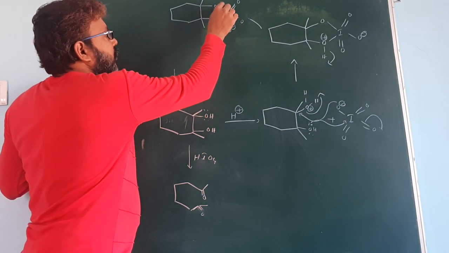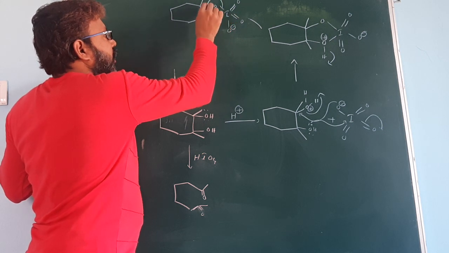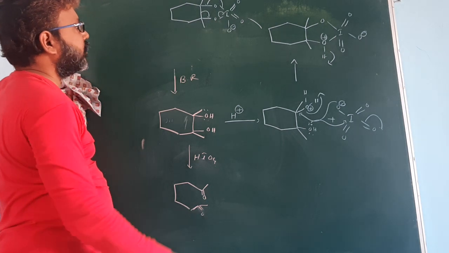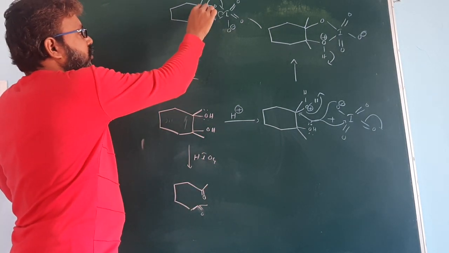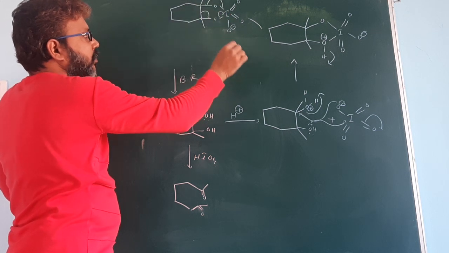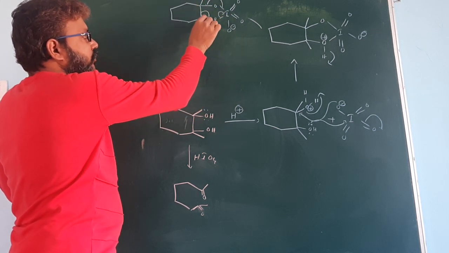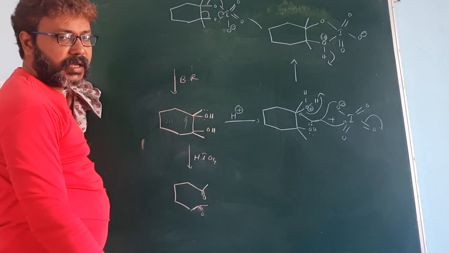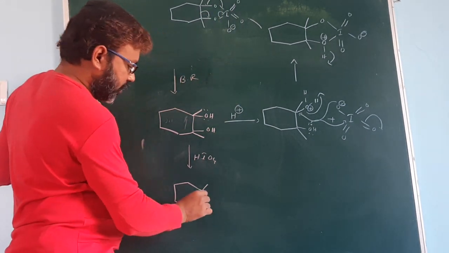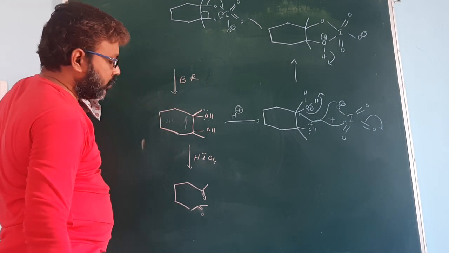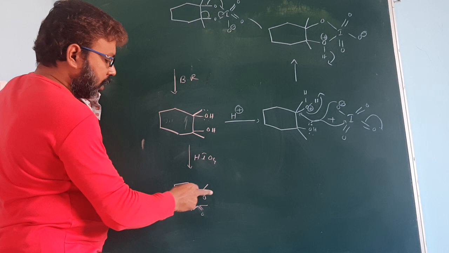Now this bonded electron shifted to here, this bonded electron shifted to here, this electron shifted to here. So this bond undergoes dissociation, O single bond is converted to double bond O. Single bond O is converted to double bond O. You get this product. So one HIO4 plays with one